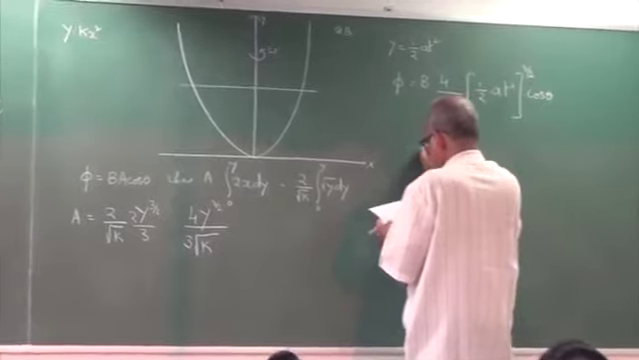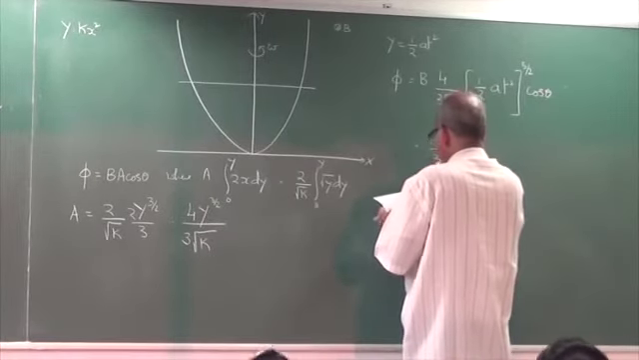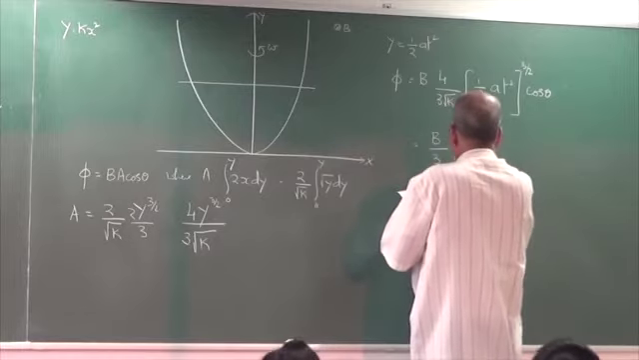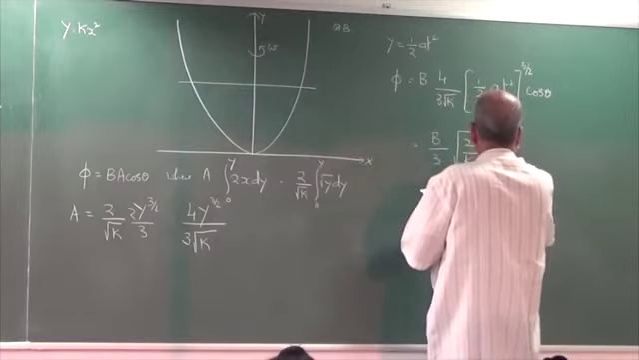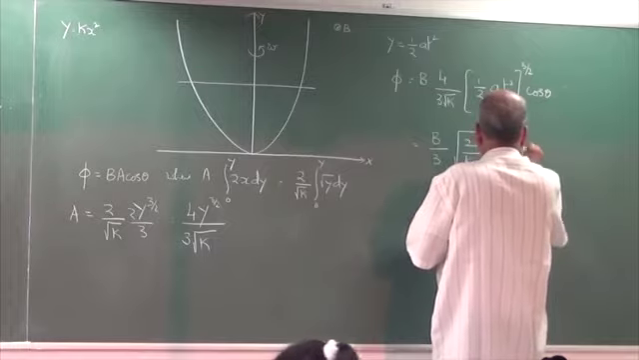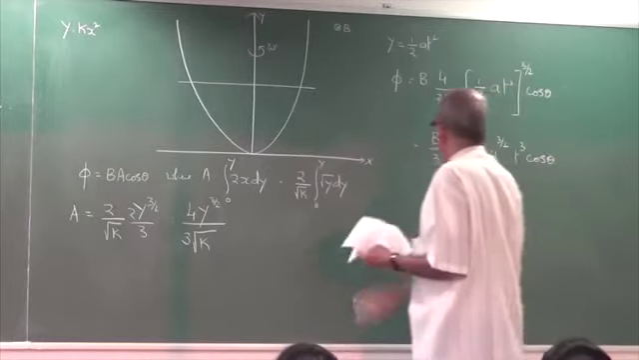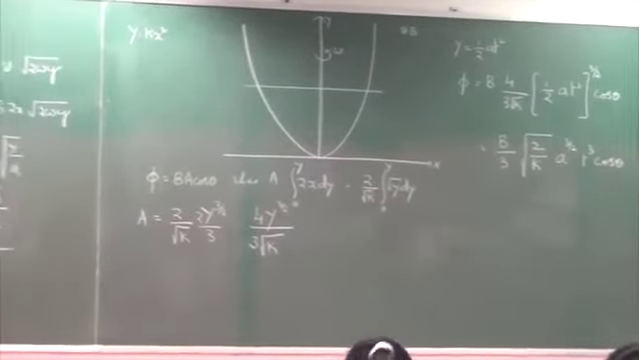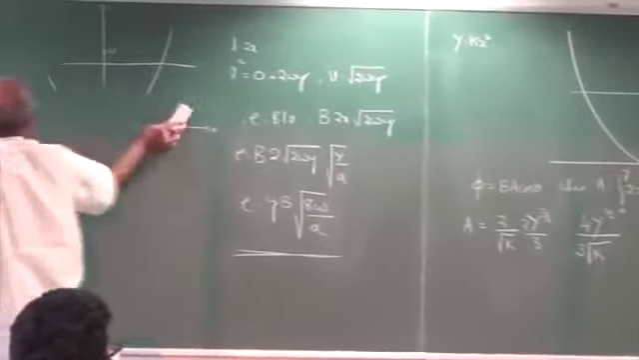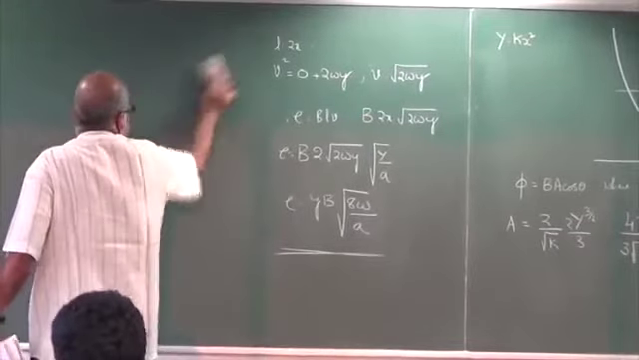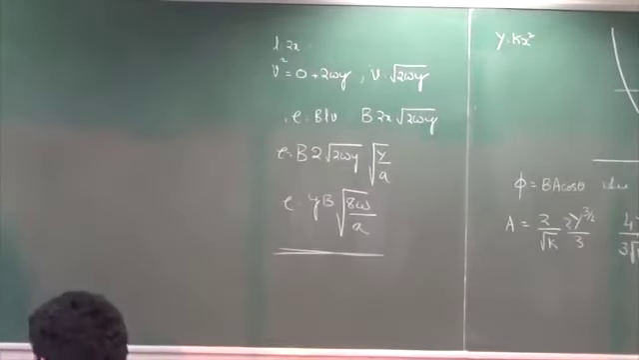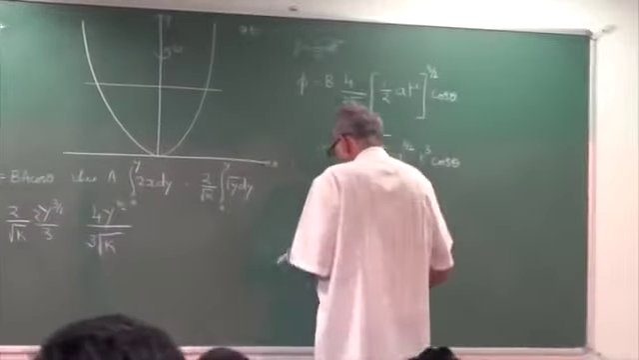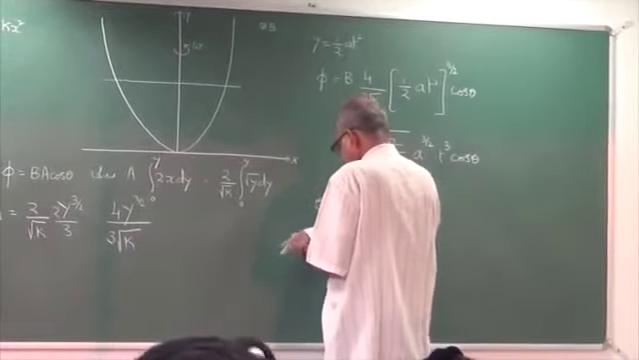This you can write as B by 3 root of 2 by k a power 3 by 2 t cubed cos theta. That is phi. What is the induced EMF? How do you get it? How do you get the induced EMF? Differentiate with respect to time. So, induced EMF is E is equal to